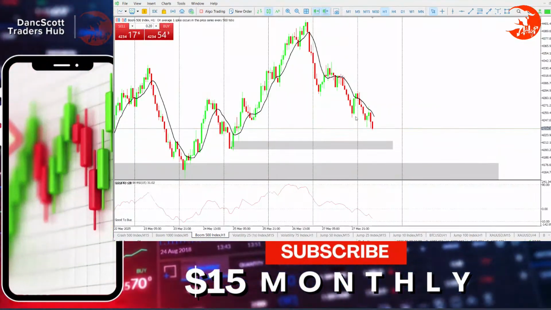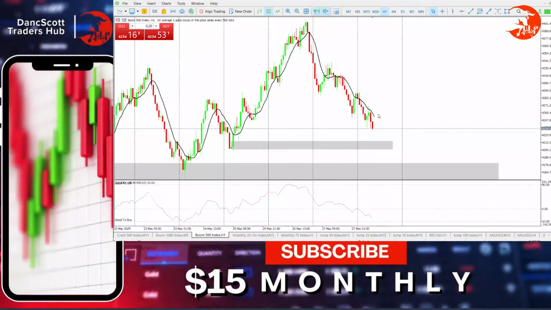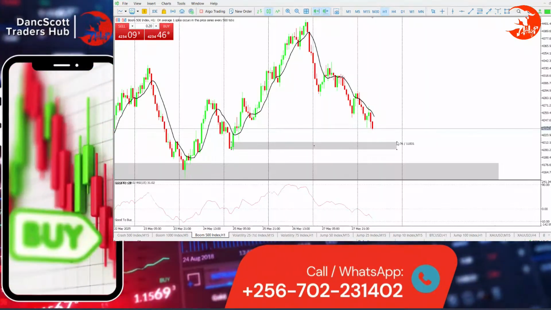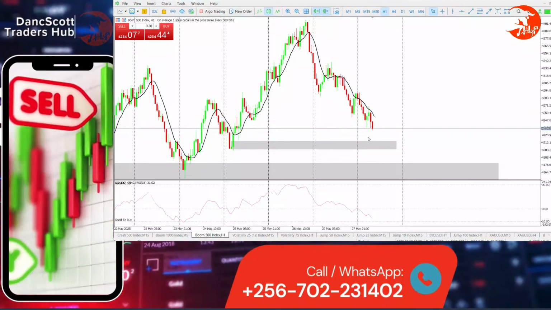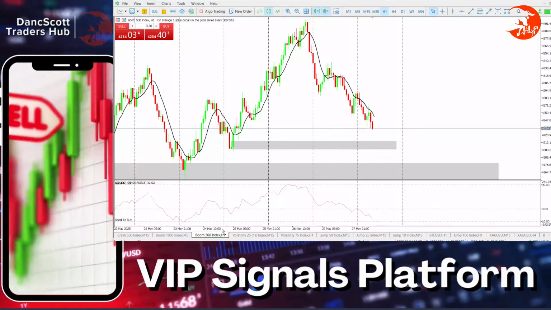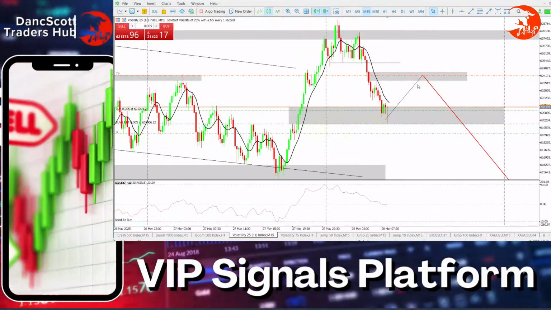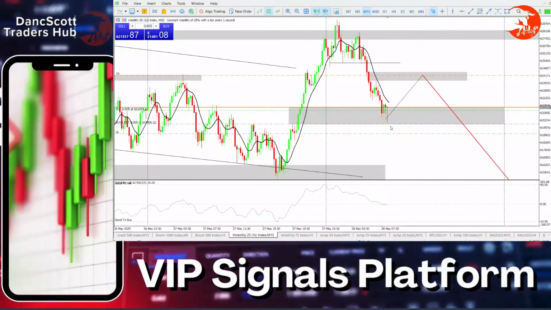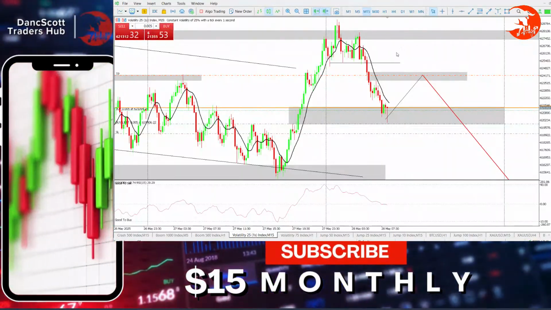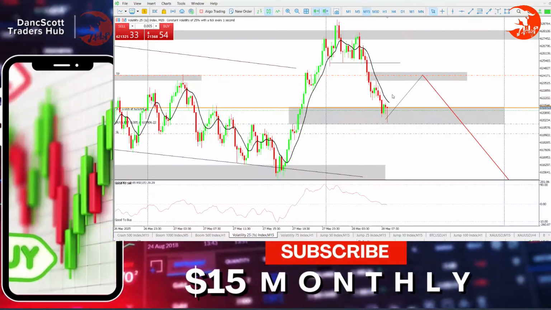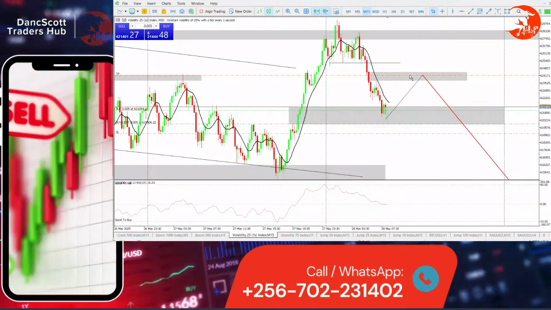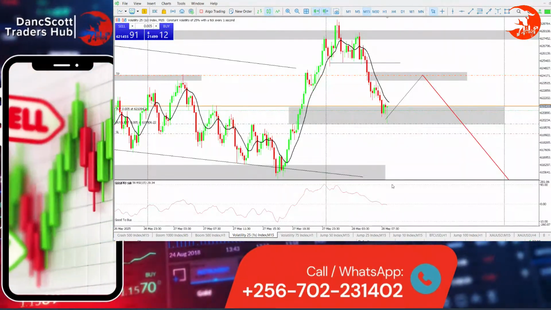I told you Boom 500 is in a trend now. It is giving us lower lows on lower highs, meaning it's going to come all the way to this level, but we have no entry to continue selling it. So until it gives us a retest so we can make an entry for the sell, we have no business with it. And surprisingly, V25 has failed to activate my second entry, but it has gone, and currently I'm in some profits on the first entry that I made. So all we need is price to reach there and we can grab that money today.